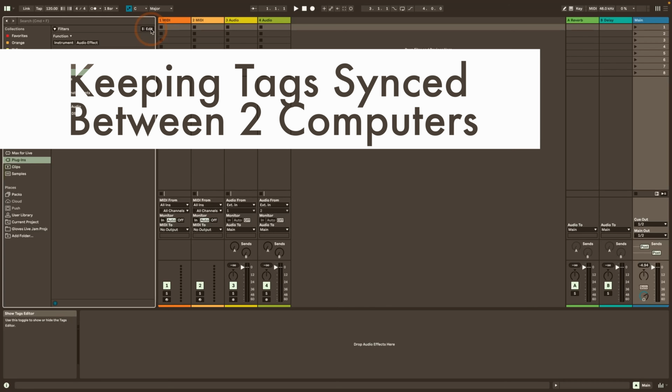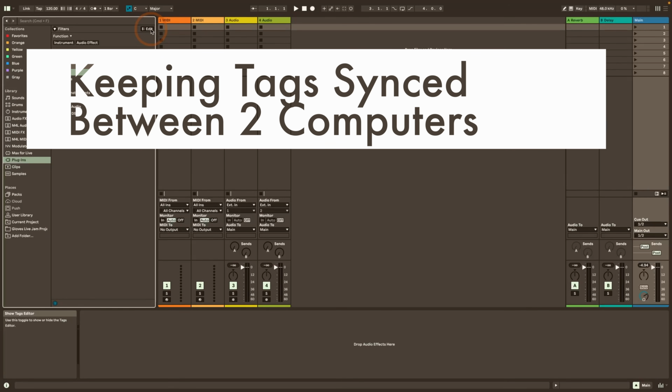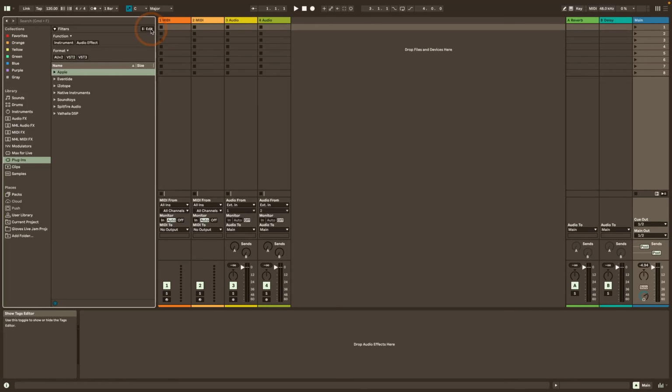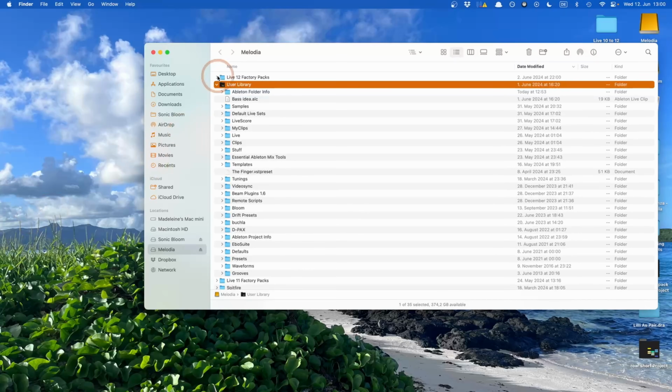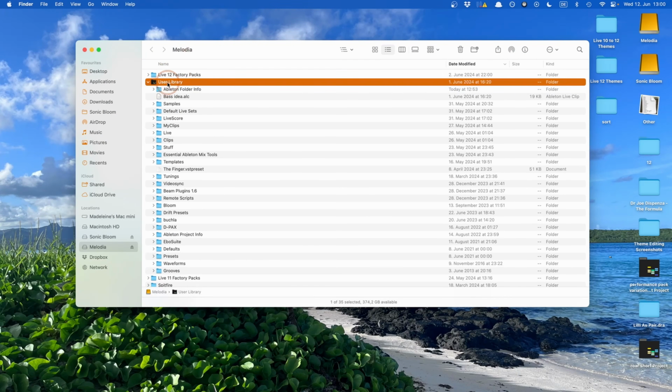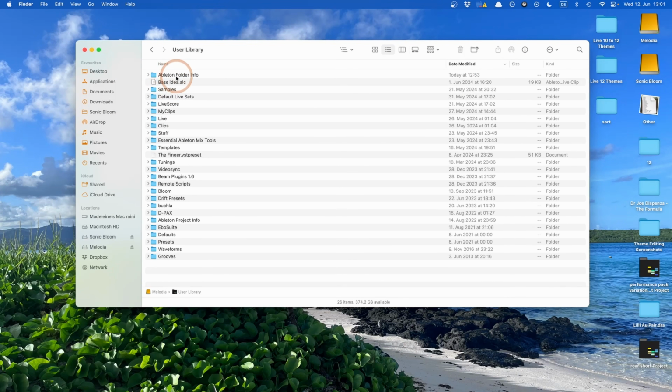Okay, and last but not least, let's have a look at where your own tags and tag categories and the content that you've tagged are actually saved, and how if you have two computers, you don't actually have to tag everything twice, how you can make it work for both computers at the same time. So let's just go through user library, show in Finder, and then here if I just click on the user library, you see an Ableton folder info folder,